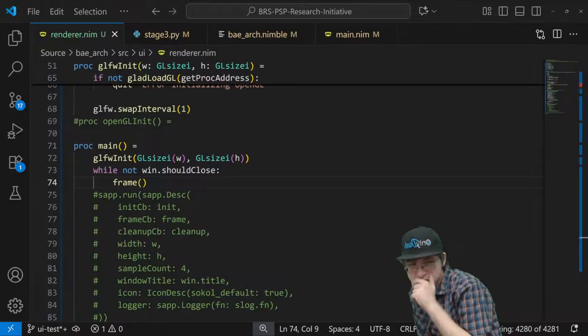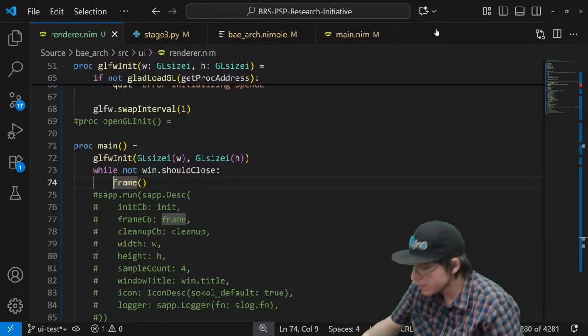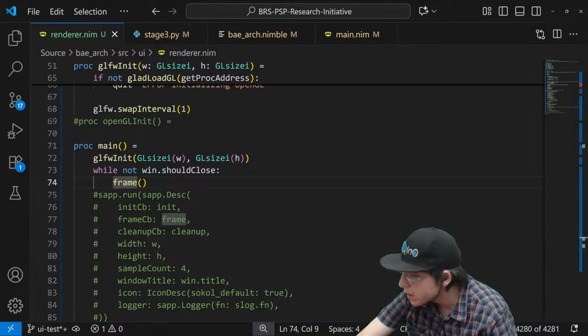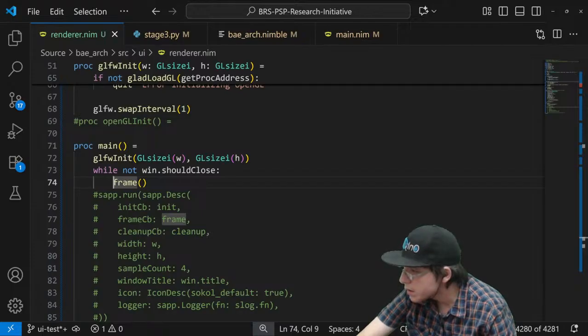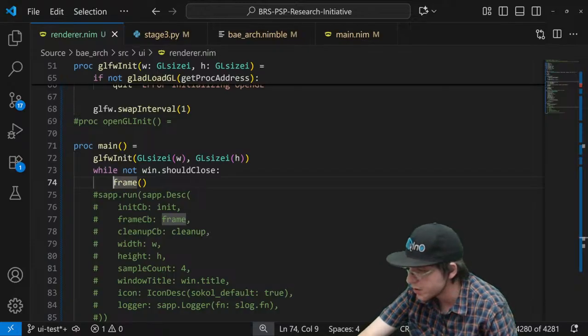Let's see if the window stays open this time. Oh yeah. Okay, so it's not going to stay open at the moment. I don't care about the viewport at the moment either.